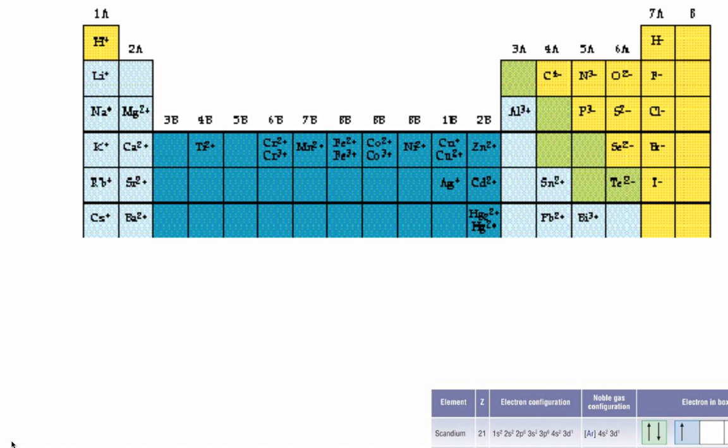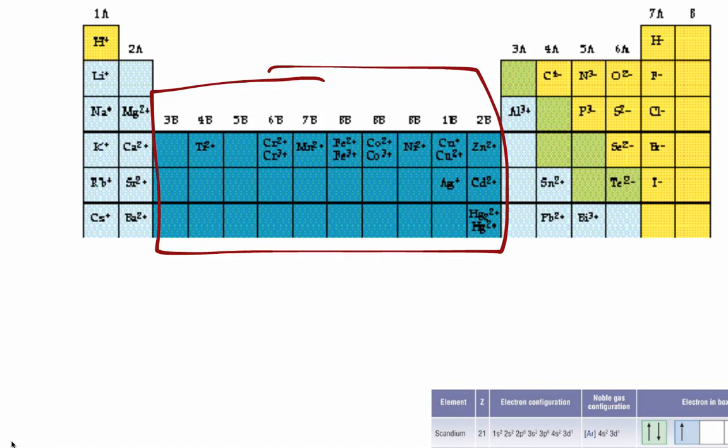Another thing we might remember about our metals is that they can form multiple oxidation states. So here's some. Notice iron can form a +2 or +3 ion. Copper can form a +1 or a +2. So there's a lot of metal ions that have multiple oxidation states. But notice they're not losing all their d electrons. They're not forming ions that are +1, 2, 3, 4, 5, 6, 7, 8, 9, 10, 11. They're not forming +11 ions.